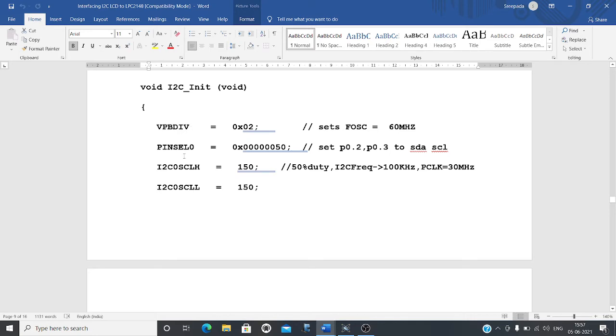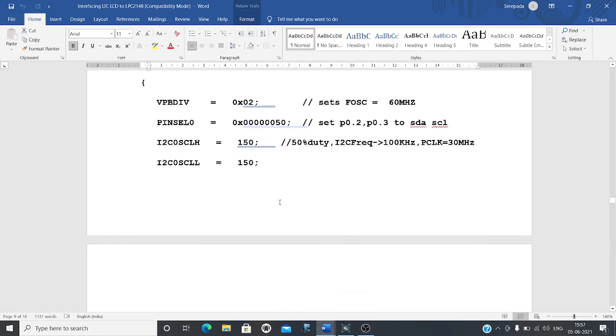Then the next one is PINSEL0, the pin function select. We are using P0.2 and P0.3 for I2C communication, so accordingly you need to load the proper value into the PINSEL0 register. We are deciding this as 0x50. If you load the PINSEL0 register with 0x50, then automatically P0.2 and P0.3 will be set for I2C.